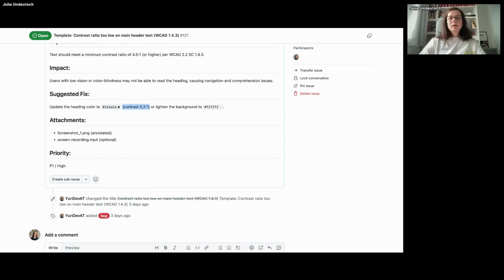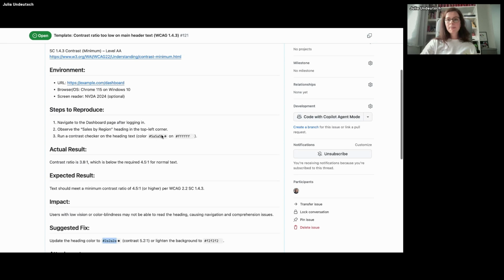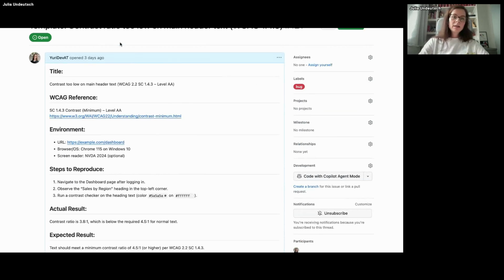But maybe you have a color design system, and then you should look at the colors which are available. And if there is no color available, no grayish color which would fit for this purpose, then you have to talk to the designer so that they create one which would fit. So there are always more than one people involved in certain things. And also you can highlight it as a bug.